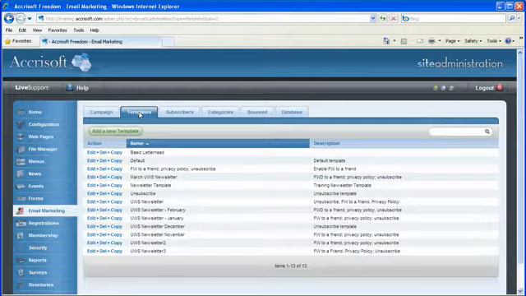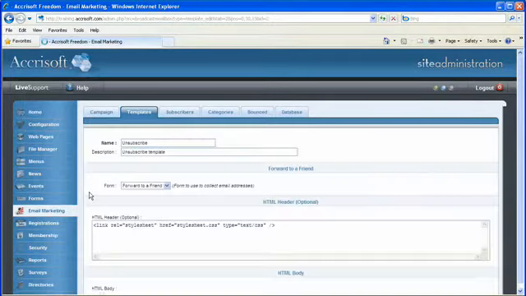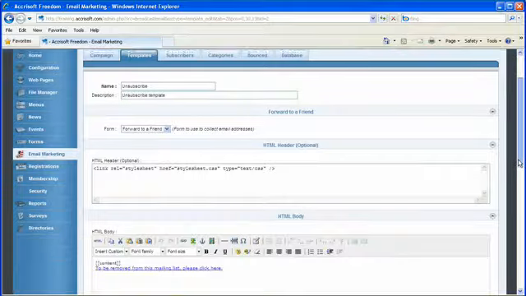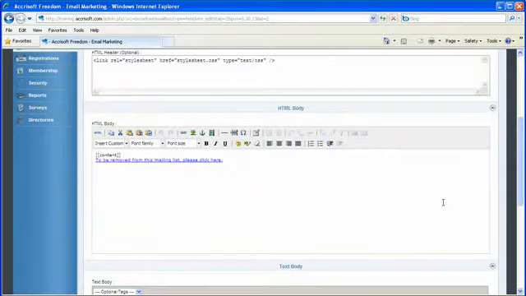So every site starts with at least 2 templates: default and unsubscribe. Default is a very basic template, and unsubscribe is also a basic template. If we click Edit, it uses the Forward to a Friend form, and it includes the unsubscribe link at the bottom of the email. You can add as many templates as you would like because email content then fits into the layout of the template. So to create a new template, let's go back